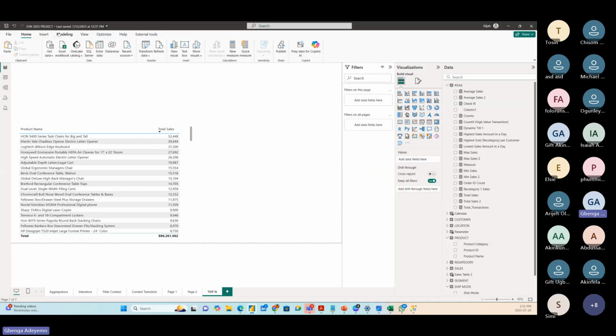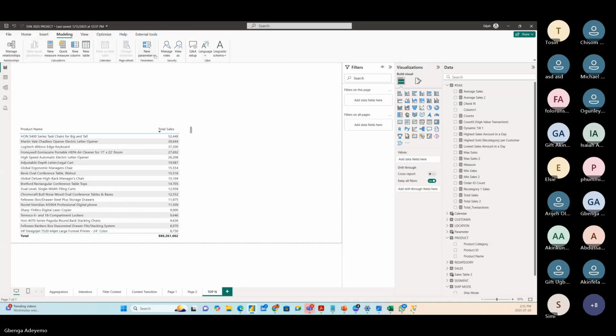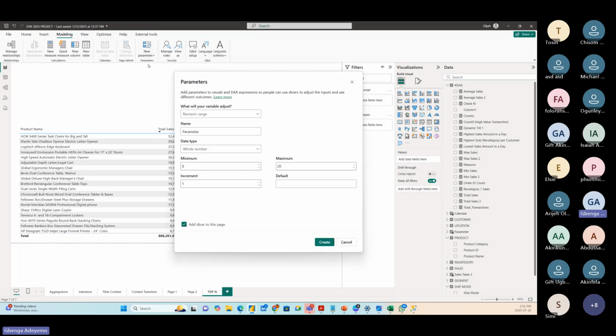Now, I'm not going to go to the same modeling where I did my other parameter. Now I'm going to do numeric range. And my numeric range, I will call this one parameter, but I will not call it numeric. Now, my numeric range will be decimal because I want to do percentage, right? Decimal. So my minimum is going to be,